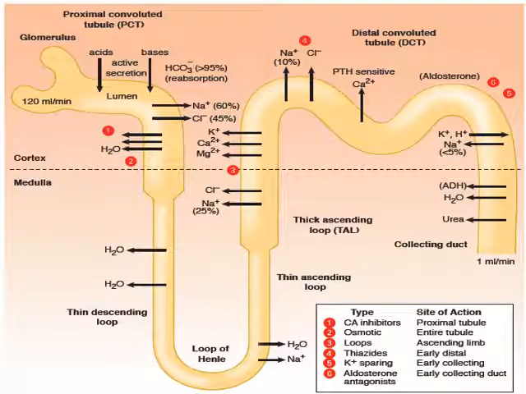So what is the function of kidneys? What is this diagram? This shows the structure of the nephron. There are different parts of the nephron, and we know that the GFR, the glomerular filtration rate, is 120 mL per minute, while the output from this nephron is only 1 milliliter per minute.